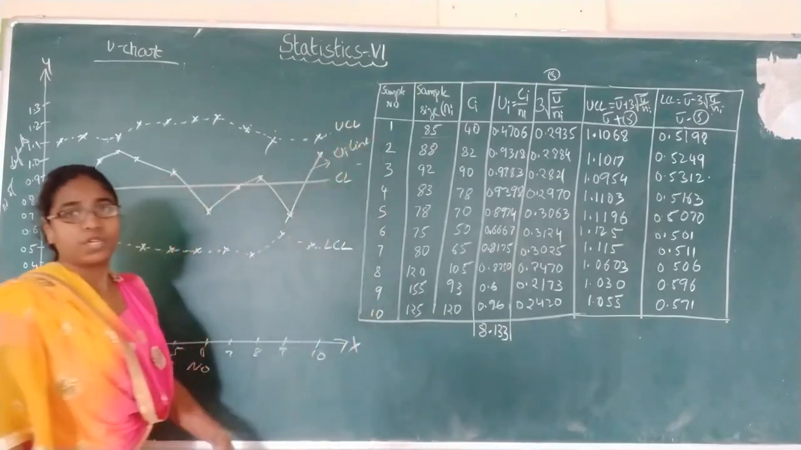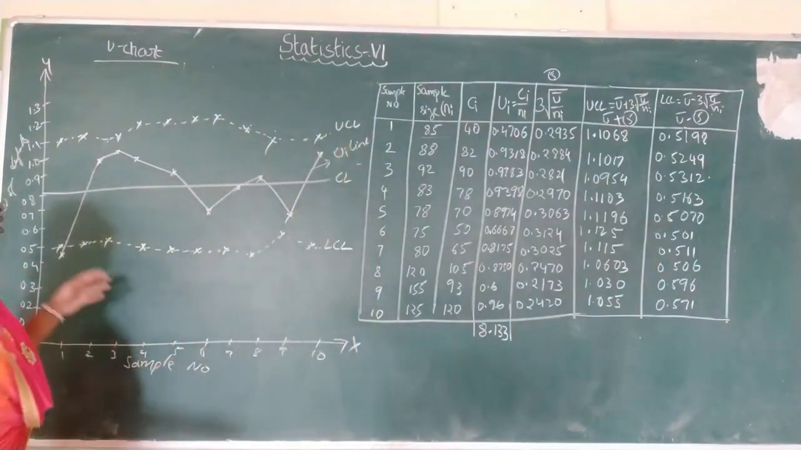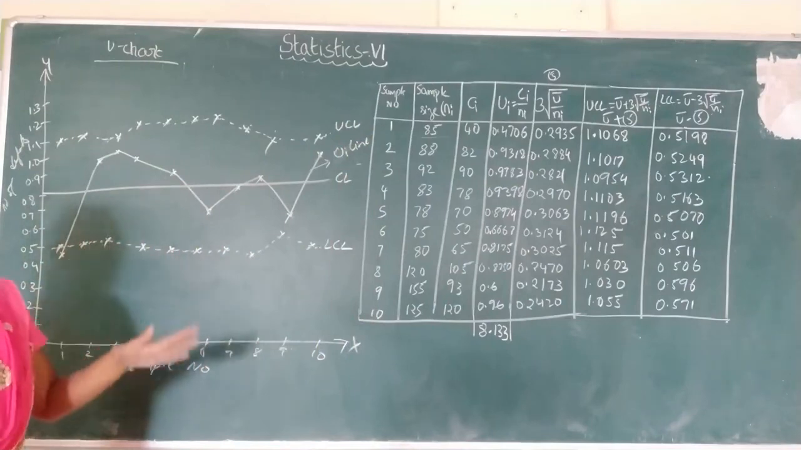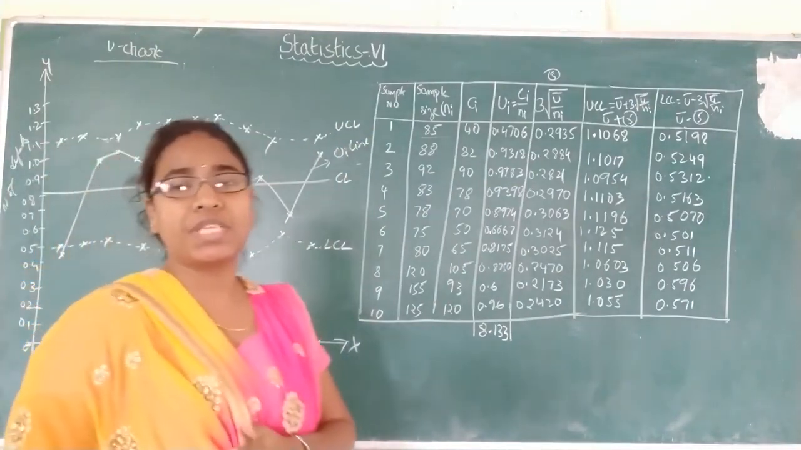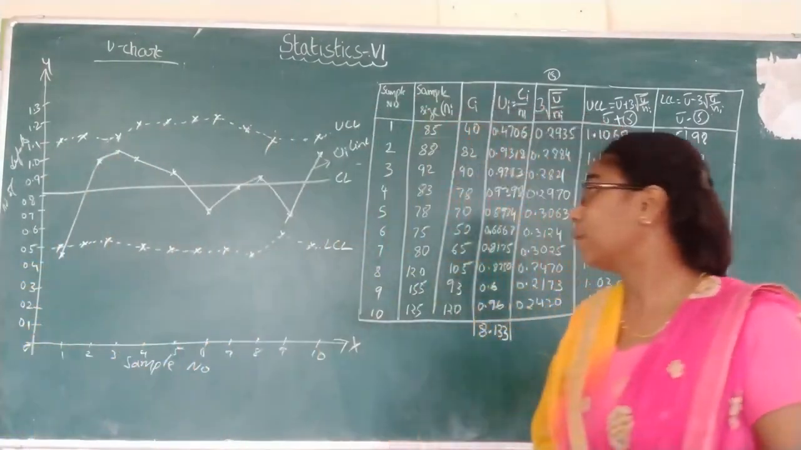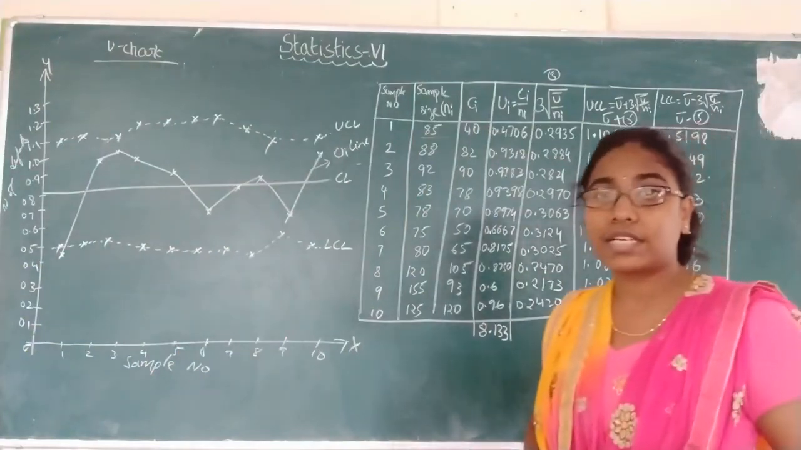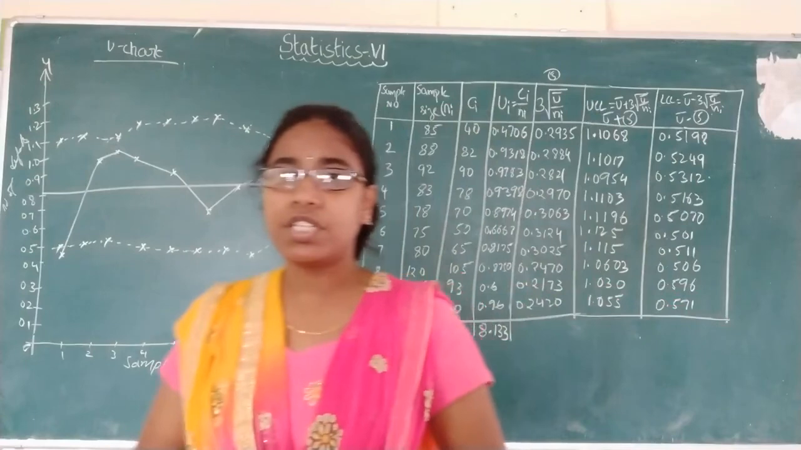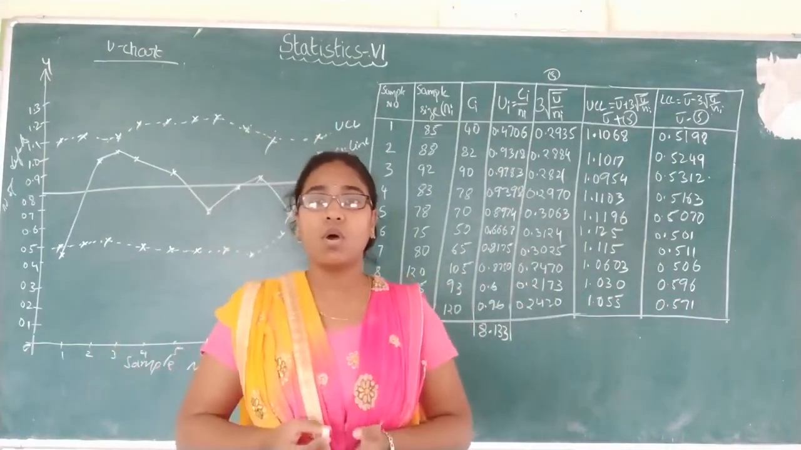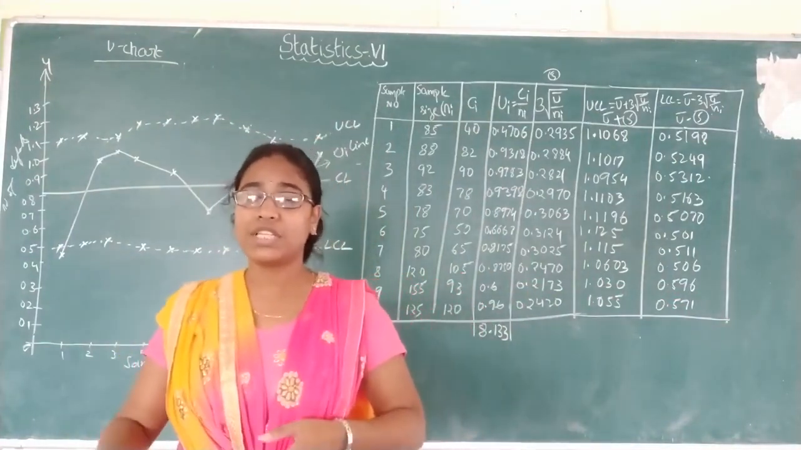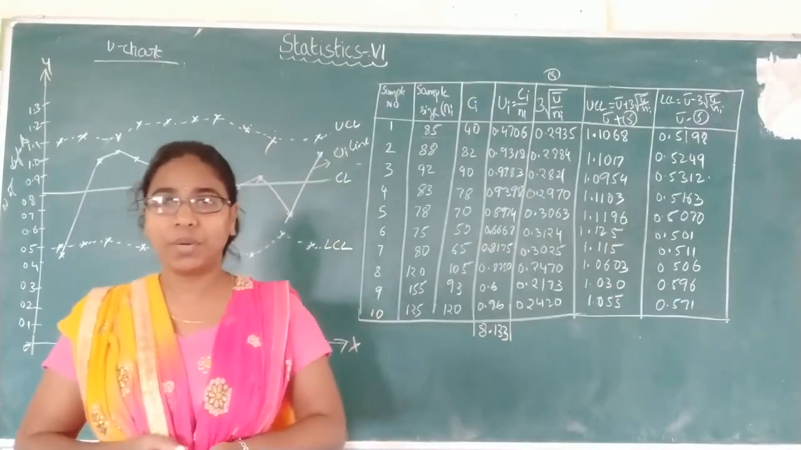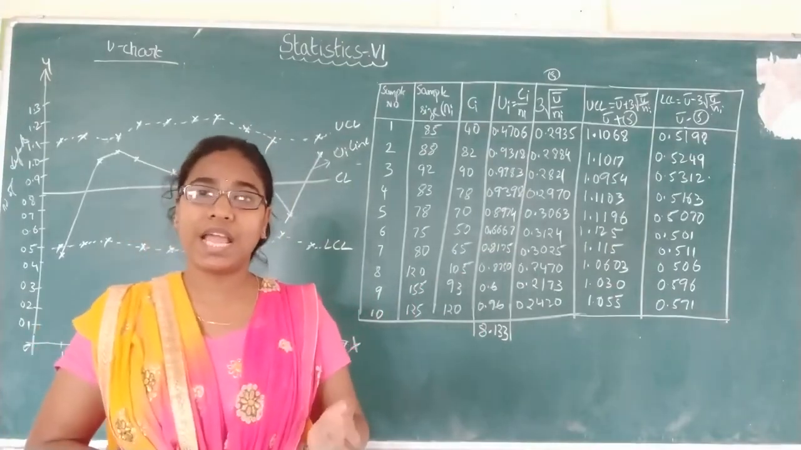If you observe, it is very clear that this UI line is between our UCL and CL line. Therefore, the process is said to be under statistical control. So what is the inference you are going to give? Since all the UI values, that is the UI line, falls in between the UCL and CL line,